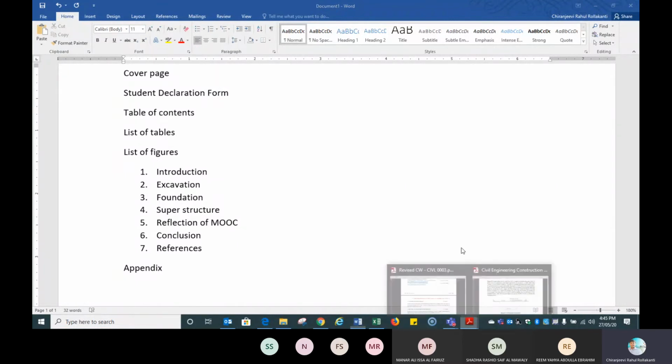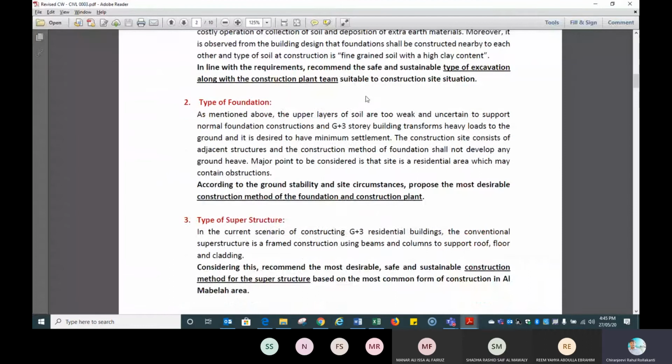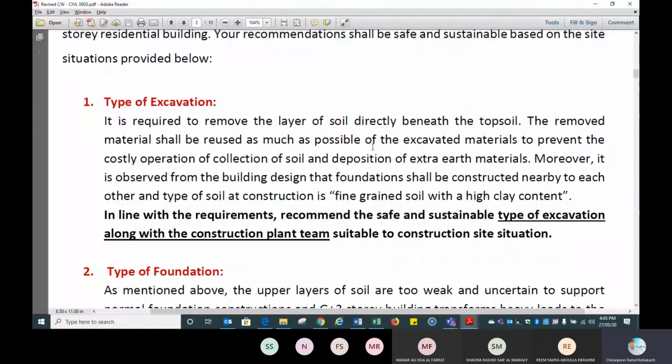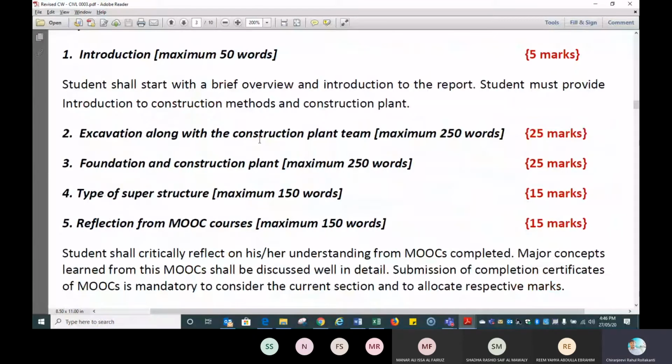Then, coming back to what the coursework here is. In this type of excavation, I am not going to explain how to write it, because I have already explained what this is. Now I am going to explain how students are expected to write. Here students have to write about the type of excavation. We have given them some guidance, some considerations and conditions on how it should be.